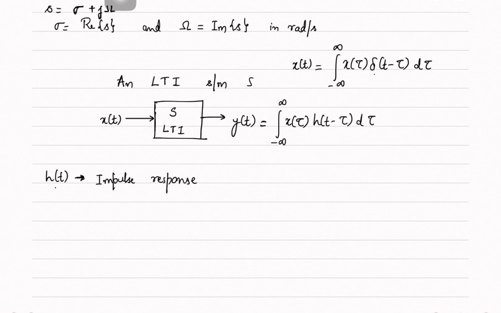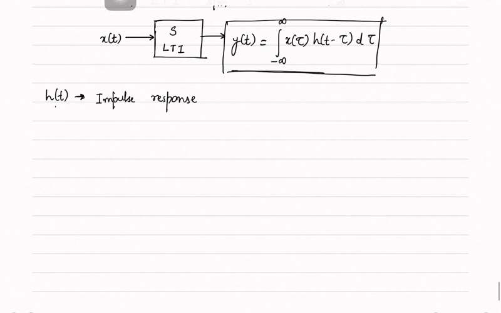Once the impulse response is known, I can find the relation between any general input and any general output. I don't need to feed the input each and every time. If I know what input I am going to give to the LTI system, I can find out what the output is by using this relation, which I called the convolution integral relation. It's very easy to prove that a convolution integral is commutative.